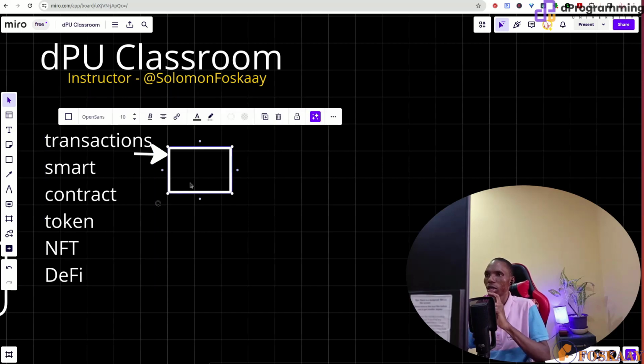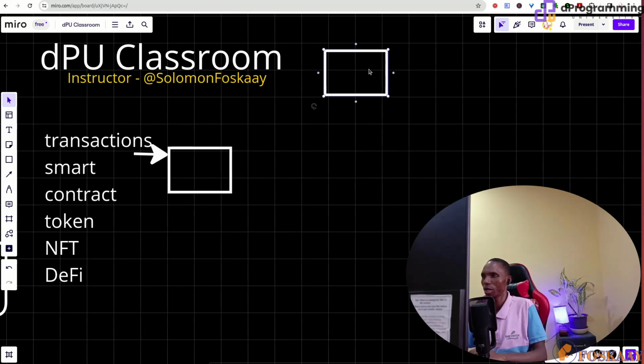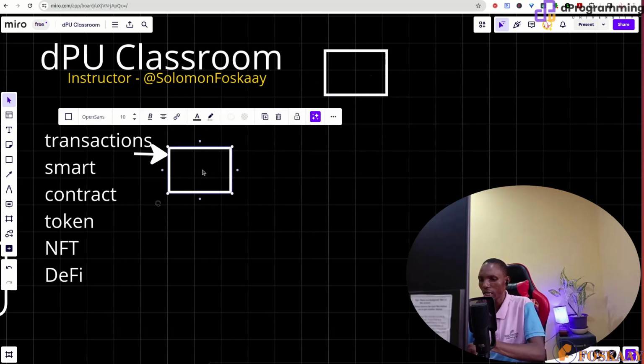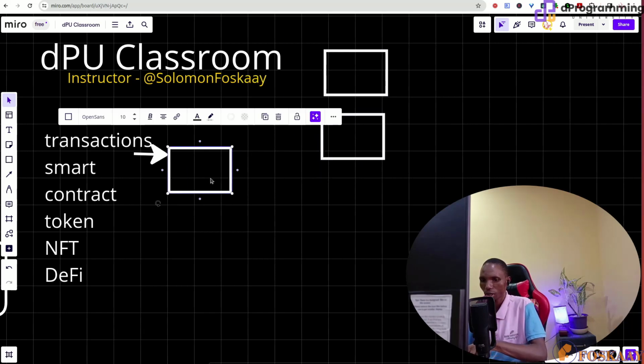Now, once this block has all those transactions, it goes through some verification or mechanism we will still learn about. The next thing that it will do is, you have something like this being created. You can see it.